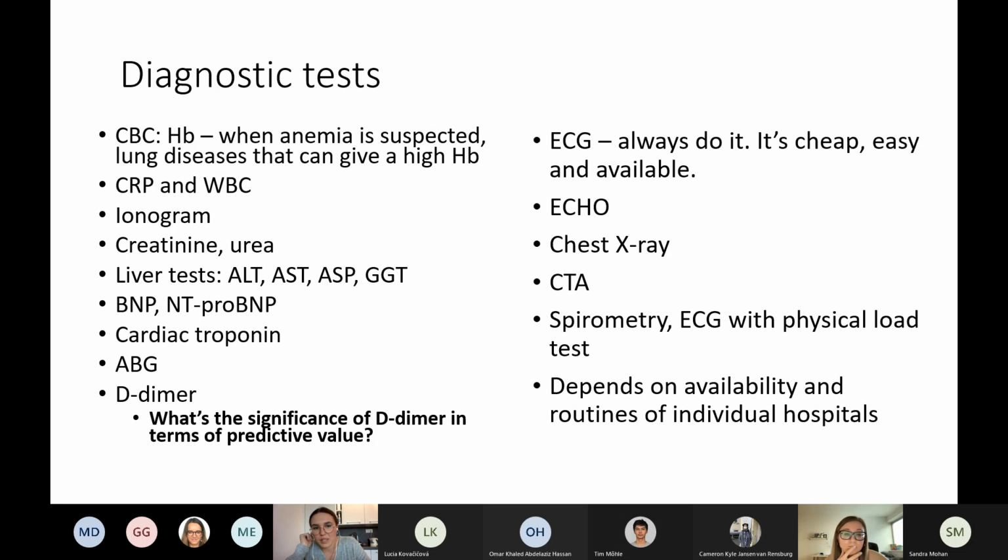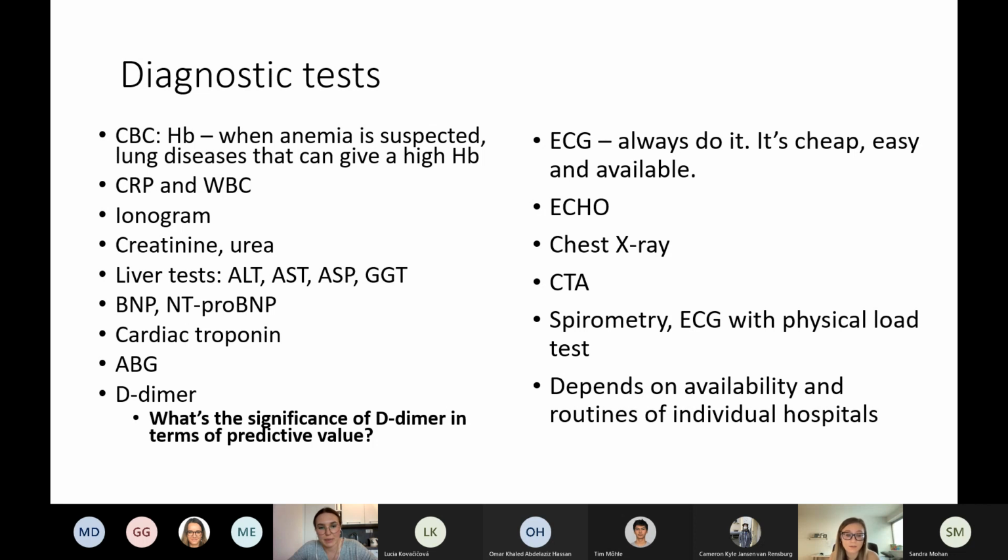Same with CRP, white blood cells, and a standard ionogram, very cheap, and it gives you a lot of information. And then you have creatinine and urea, which can be altered in, for example, heart failure that has come a long way, liver tests as well, heart failure,